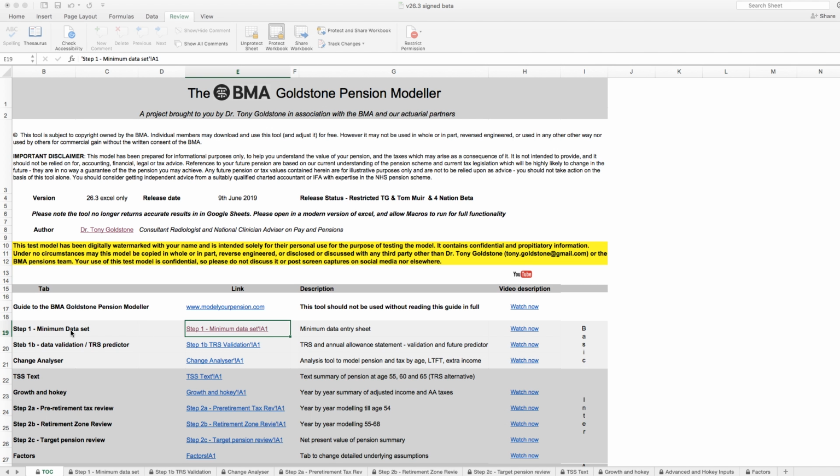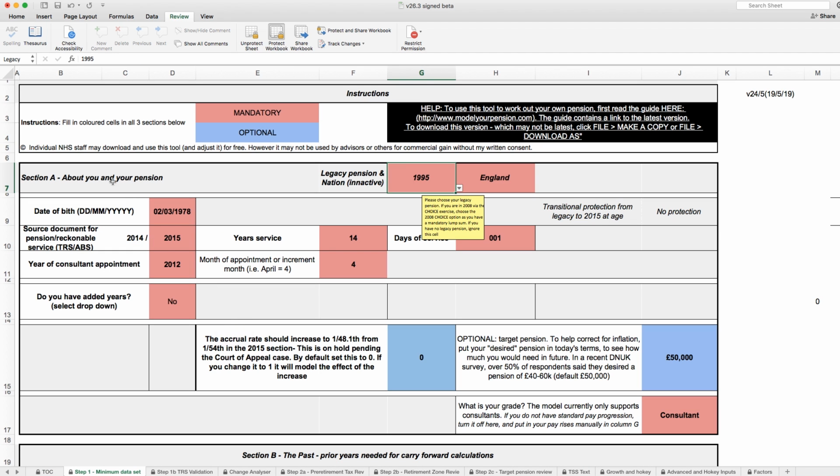And in many ways this is the most important tab of the whole model, and that's because, like any model, it's absolutely crucially dependent on the information that you put into the model, and any inaccuracies that are put in on this initial step will obviously be carried through to the calculations in all of the subsequent models. So I'm going to click through to step 1 by clicking on this hyperlink,